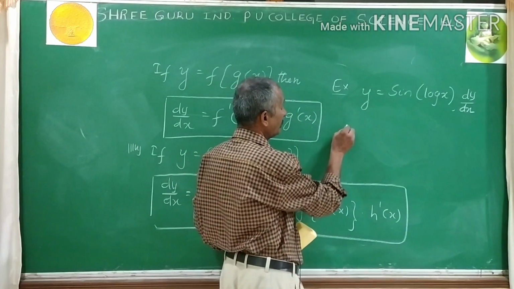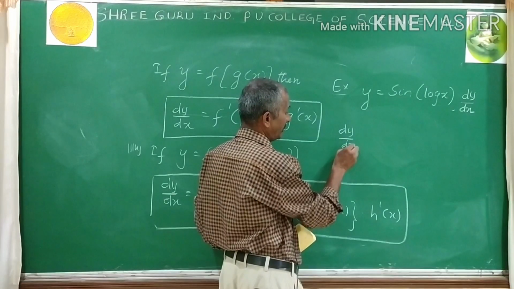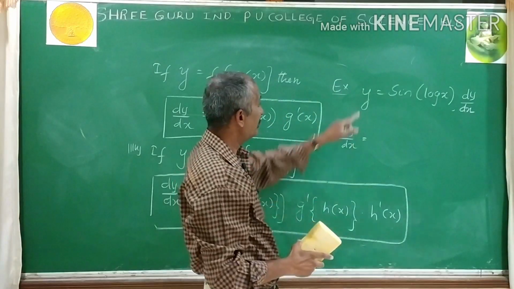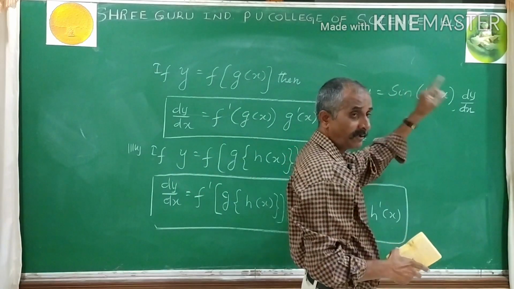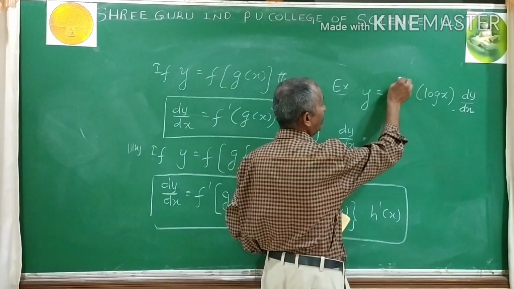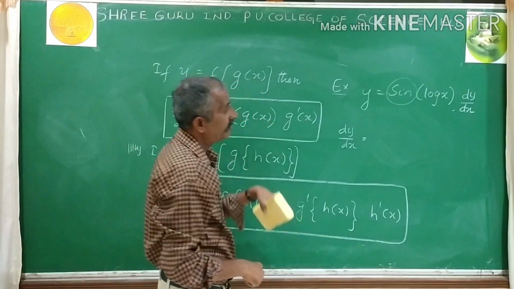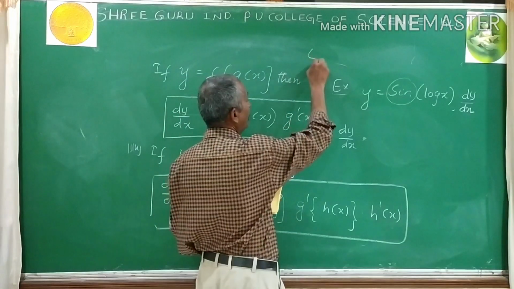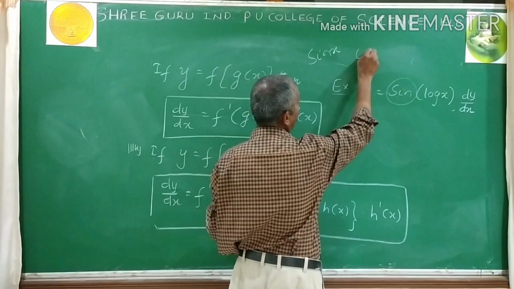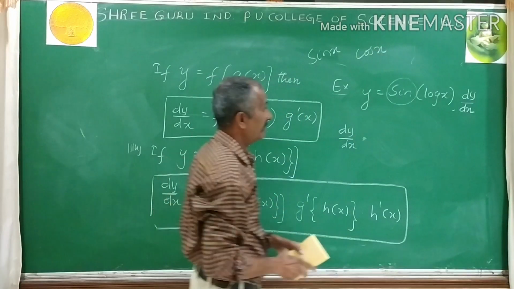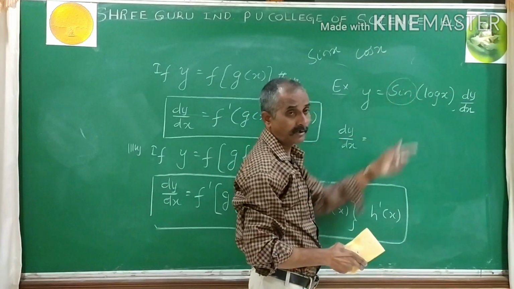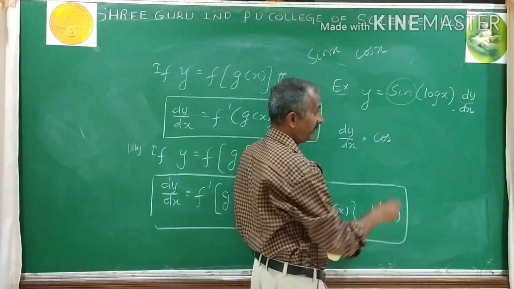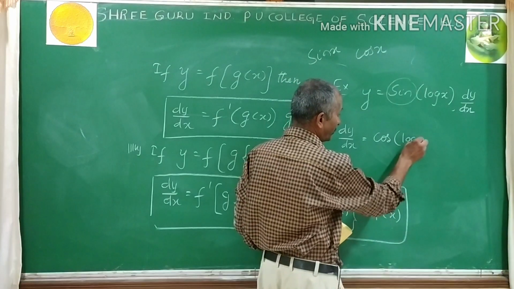So now let's have the differentiation dy by dx. Suddenly you cannot take the differentiation of log x, because y is not equal to log x, y is sine of log x. That's why you have to first calculate the derivative of the sine function. Now recall the earlier simple function differentiation formula. Recall the derivative of sine x: the answer is cos x. Exactly the same manner, here the differentiation of the sine function is the cos function, meaning cos of not x, instead of x we have log x. It becomes cos of log x, not over.